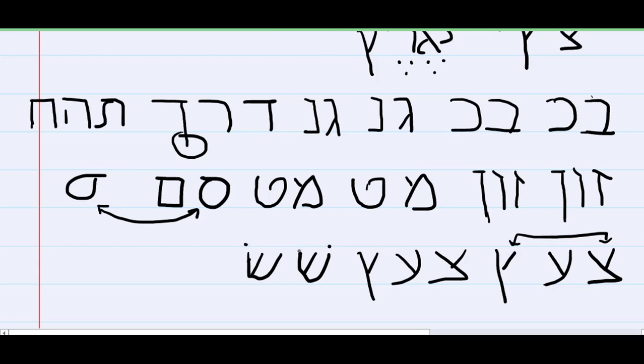And you remember our little memory device. Sin is on the left, politically, and so if the dot's on the left, it's sin. And if the dot's on the right, it's sheen. Those are the letters that are frequently confused. For the last couple of minutes, what I want to do is talk with you about some of the homework